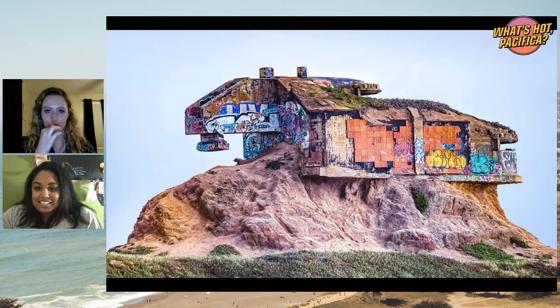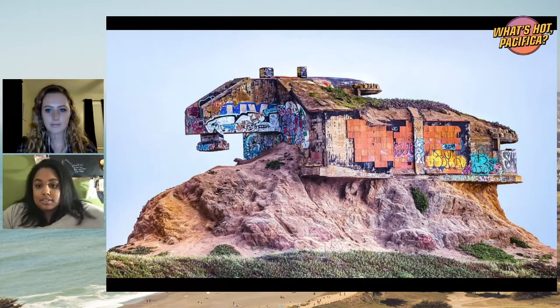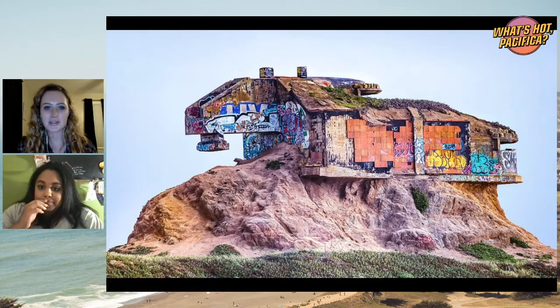I'm not exactly sure what that is. It looks like something that got stuck there maybe when the water levels were different. Oh, is that the bunker? Yeah, it is. The bunker that I mentioned at the end there, yeah. Yes, it is. That's crazy. Yeah, it definitely looks like it was lower at some point. Right? Because it looks like it had stuff growing on the top, and some local artists have taken to it